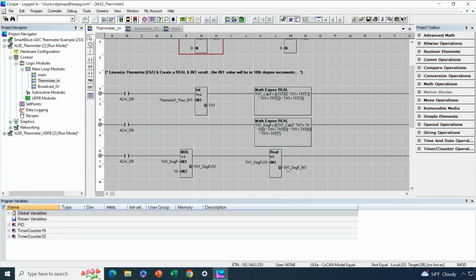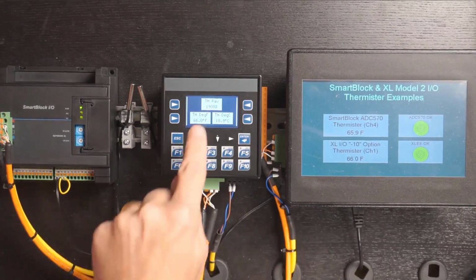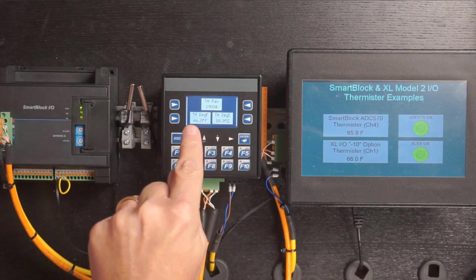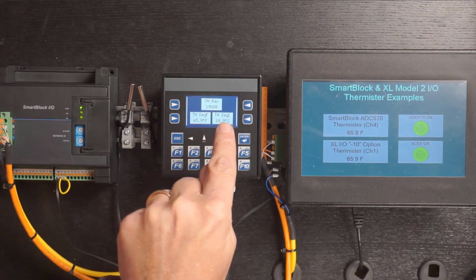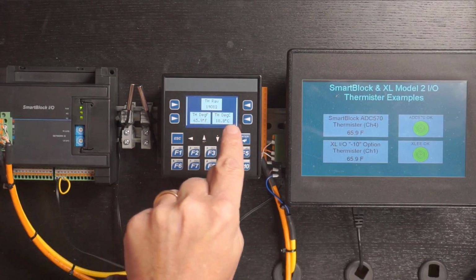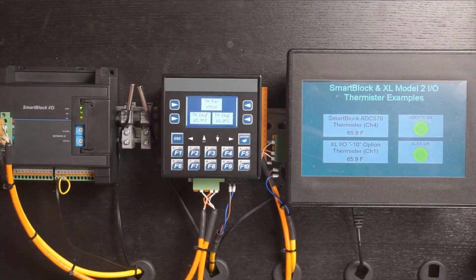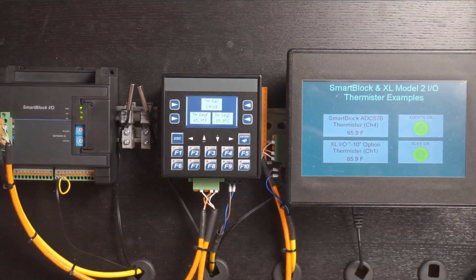Let's take a look at my benchtop here, and you can see here's what we've got. Okay, so the raw value coming in from my AI is about 19,000 counts. And after I've run it through my equation with those coefficients, I end up with 66 degrees Fahrenheit approximately, okay, which correlates to 18.9 degrees Celsius. And I did the Fahrenheit to Celsius conversion elsewhere in ladder to make that happen. Okay, so that's what's involved on the XLE from a channel by channel basis for every channel that you're using